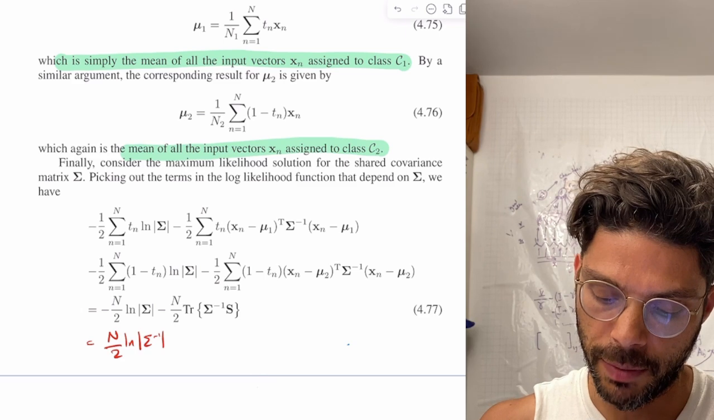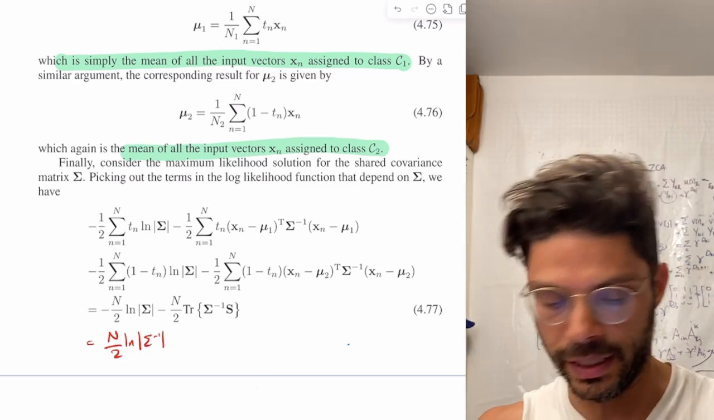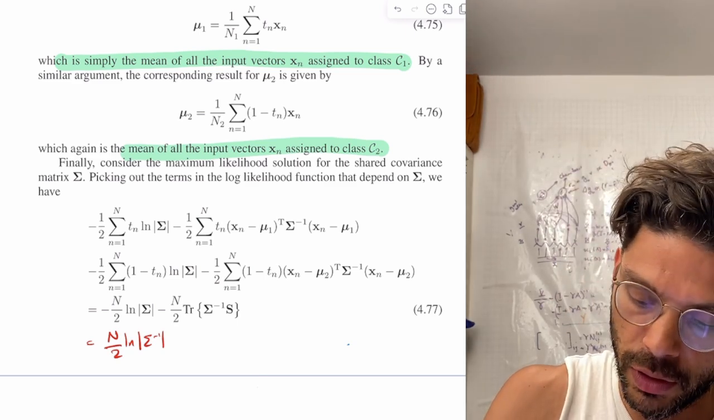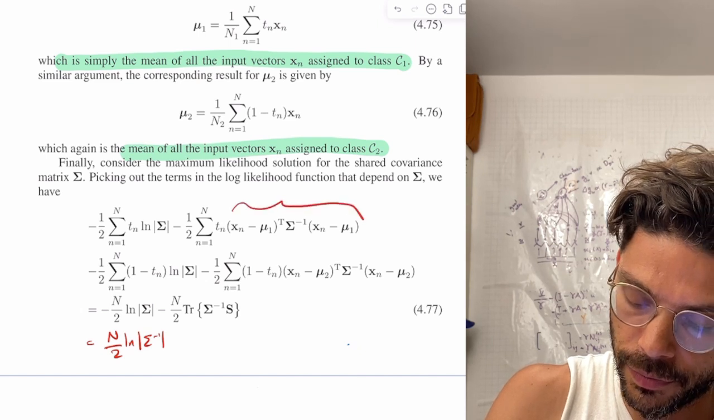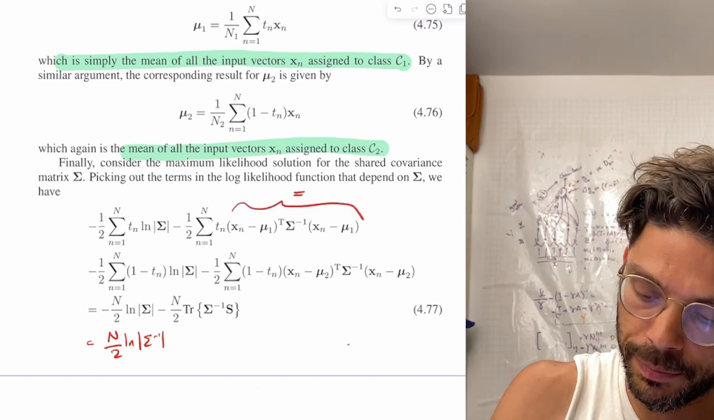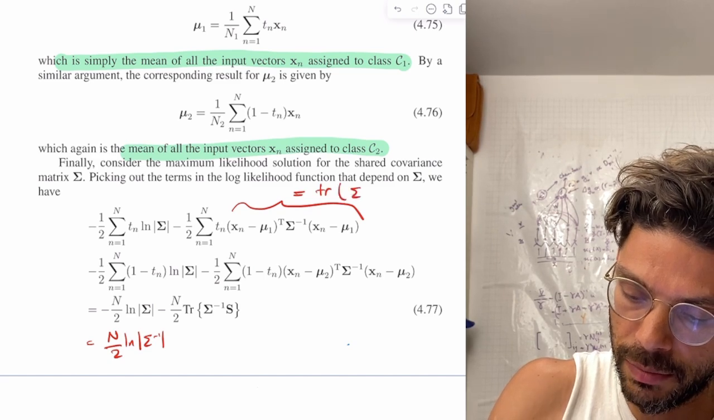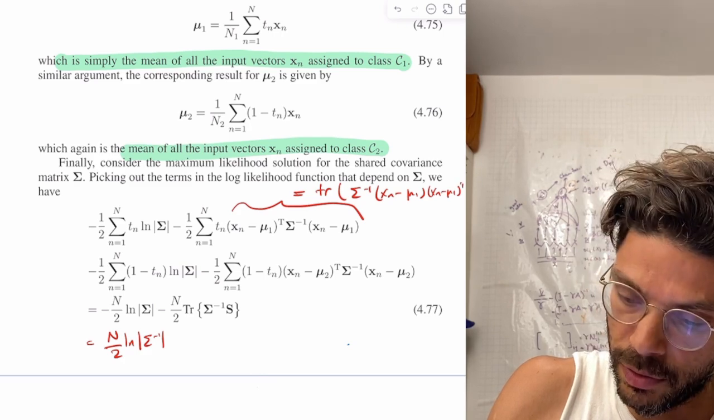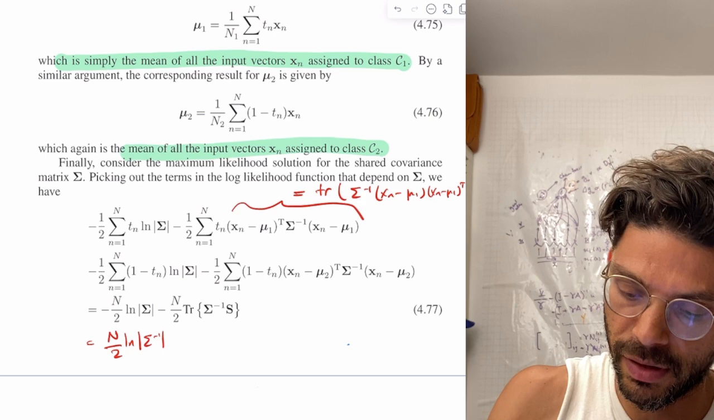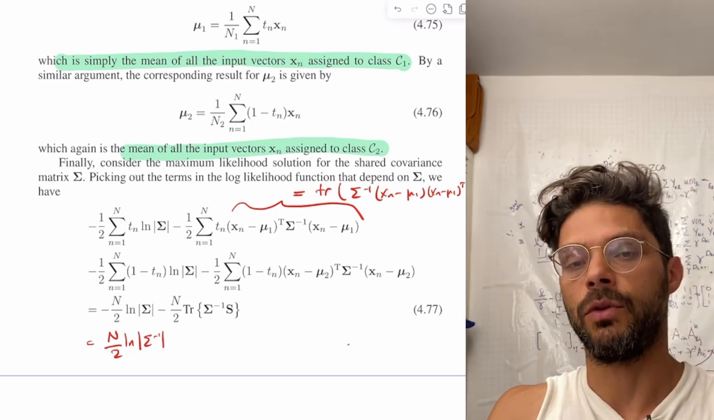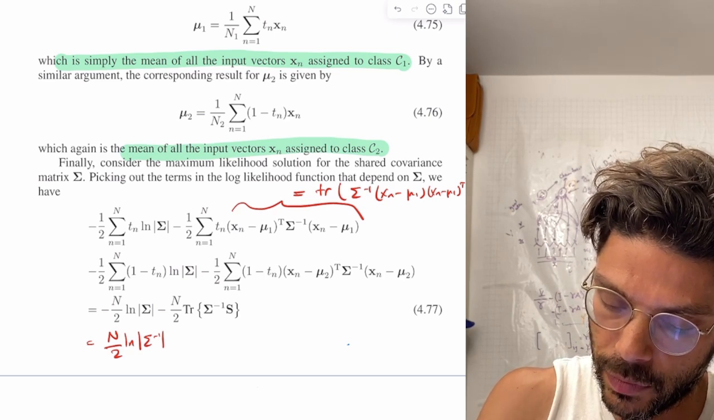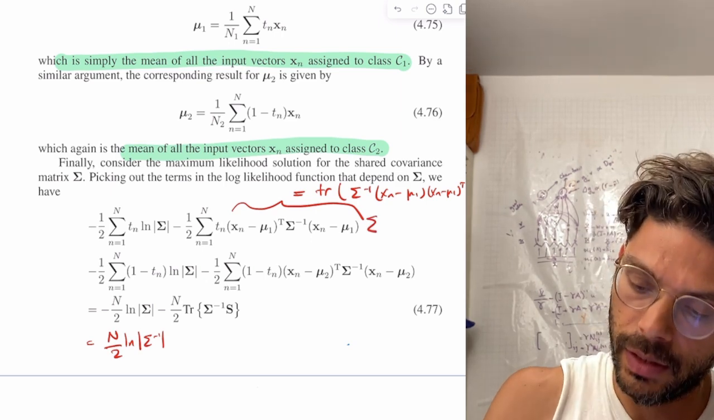Now where does this come from? This might be slightly confusing. All you have to do is remember the trace trick, right? So we can just write this. This is going to be the trace of sigma -1 times xn minus mu1 times xn minus mu1 transpose. Okay, that's just for one of them, and then if you bring everything out, and you sum all of that,